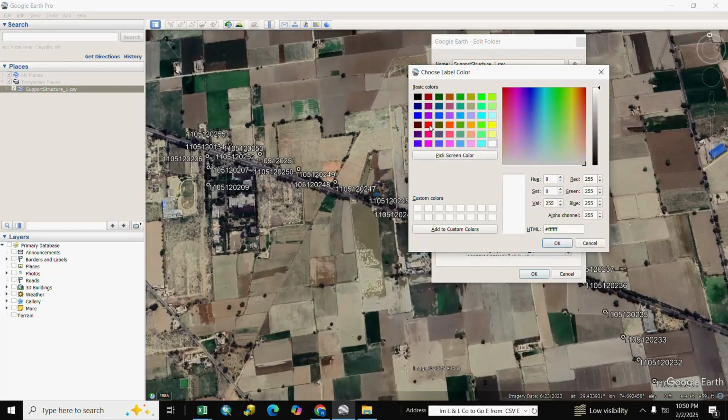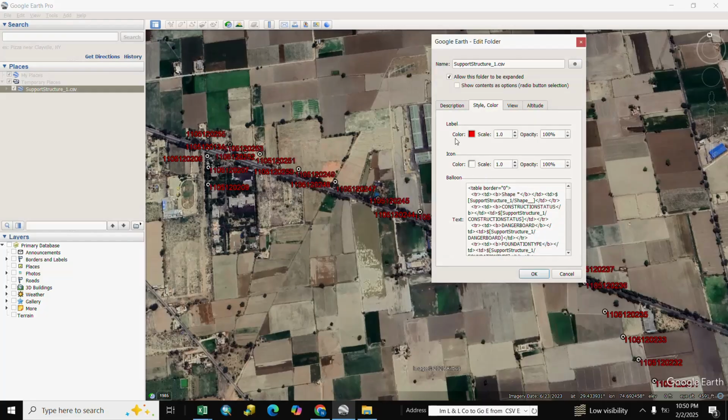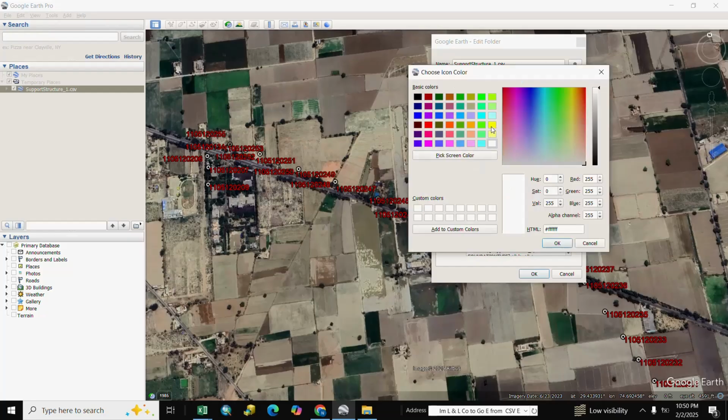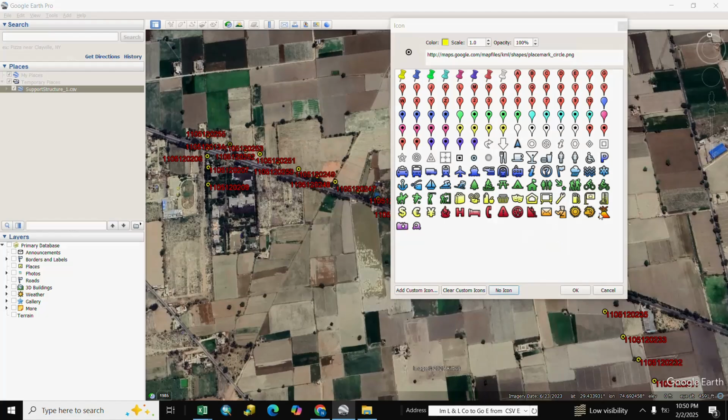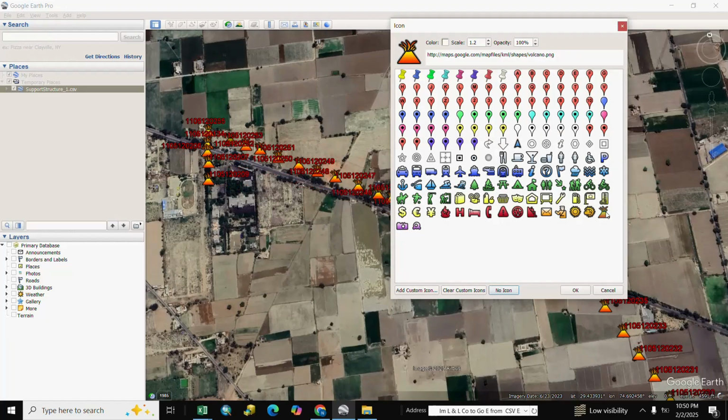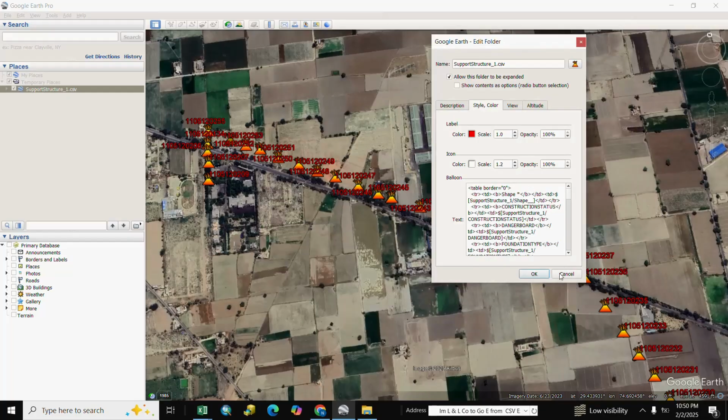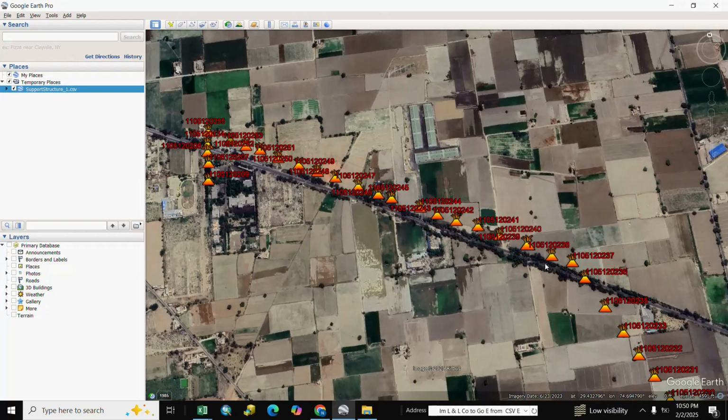We select here red color, label name and icon color yellow and OK. If you want to change the icon, you click here name and icon, you select here icon, we select this one and OK and OK.